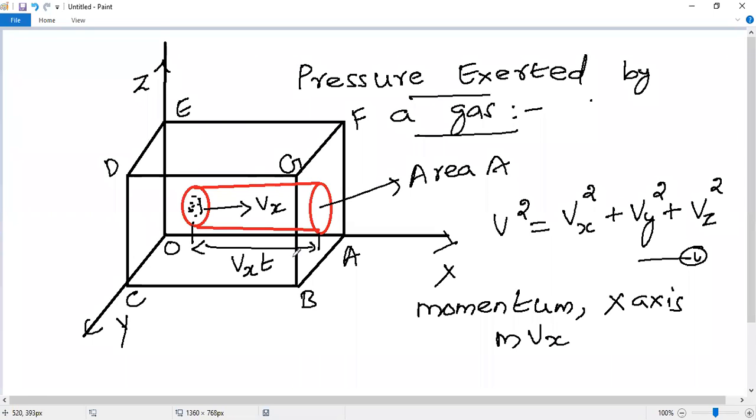Okay, listen. Just consider a small vessel with only one particle. It is moving towards this side A. What happens after hitting the wall? It rebounds back to some other areas. Again it rebounds, again it rebounds. Similarly, this happens inside the vessel. But now I consider only one case: one particle moving towards the wall, hitting the wall, and rebounding.